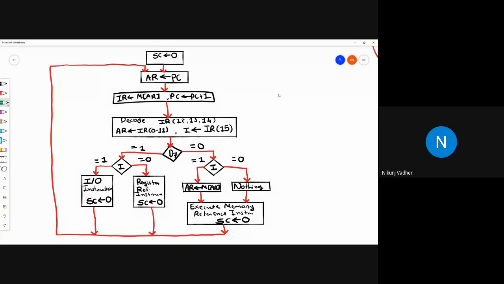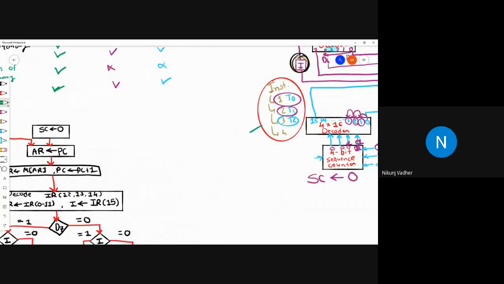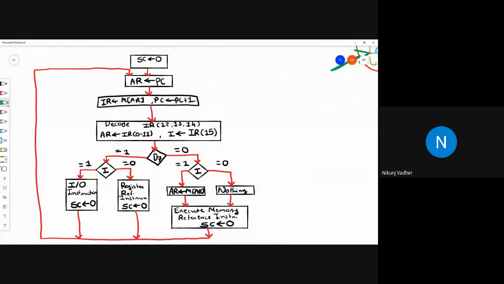Now, whatever we have said here, we can divide the instruction into parts T0, T1, T2. So let me put labels over there. At T0, we will load the value of program counter into address register. At T1, we will fetch the instruction. At T2, we will decode the instruction.